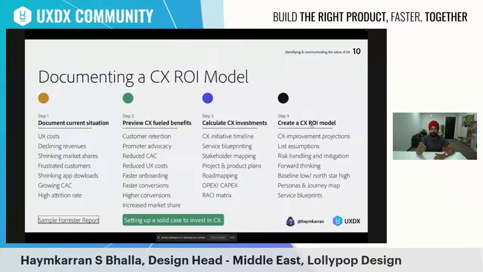Now, step 4 is basically creating something which is sustainable as a model. It's not something that you create like a book, close it off, and don't make amendments further. This is always getting changed based on a plethora of situations around you. So ensure that you bring in the right projections and document them well. Ensure you're really careful in doing the risk handling and mitigations. Ensure that your teams are forward thinking.